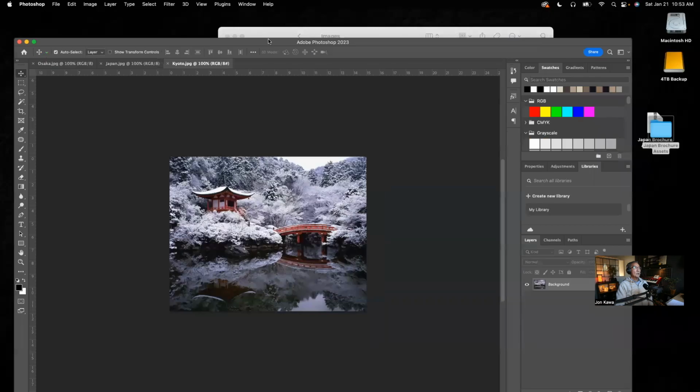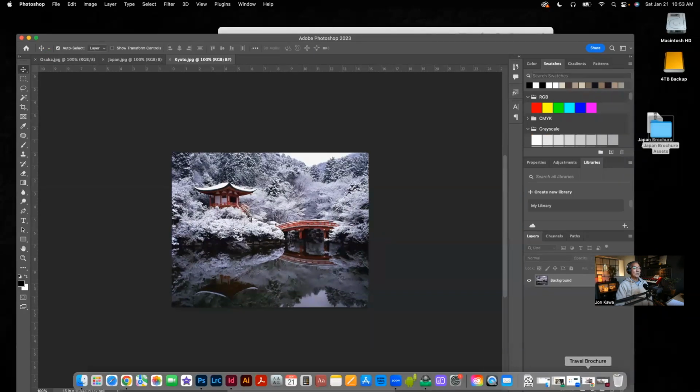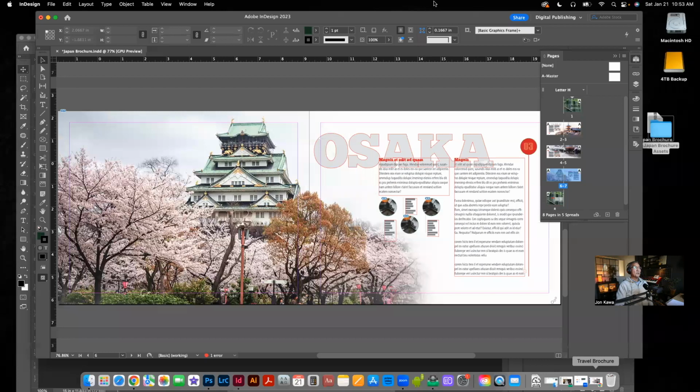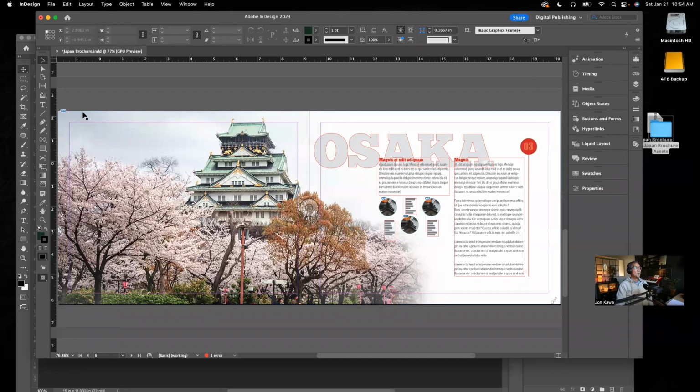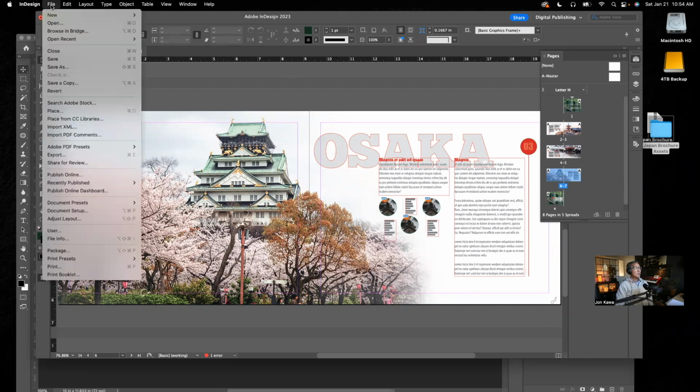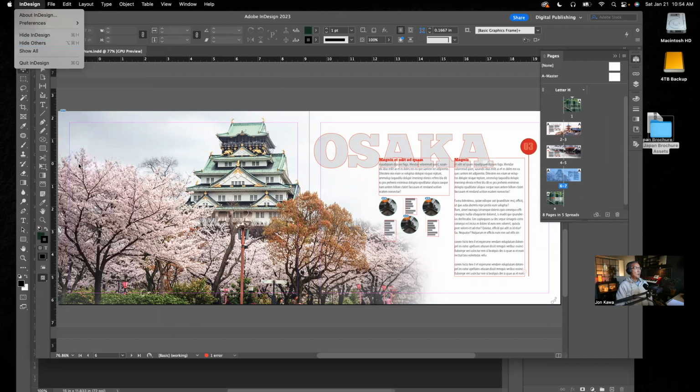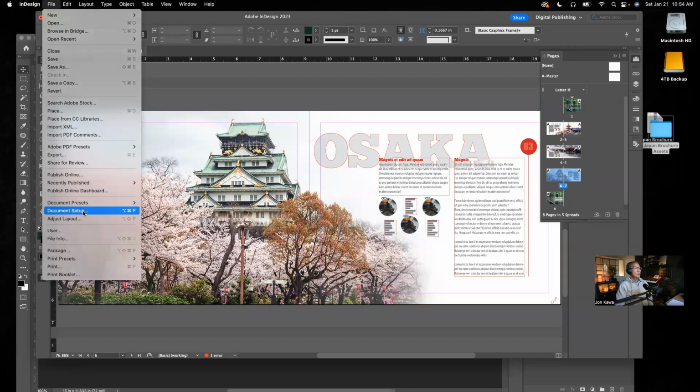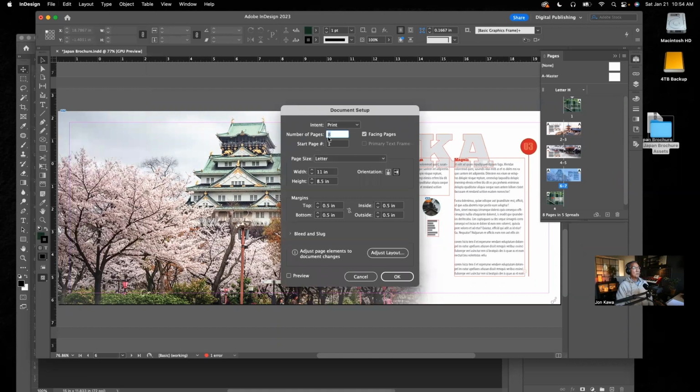Now, the first thing that we're going to do is we need to know what the page size is here in InDesign. See how this photo is going to cover basically 2 pages. And if I look at my page setup here, I can see that I have an 8-page document, 1 through 8, with facing pages. Now if I go to my document setup here, under File, Document Setup, you can see that the original document setup was an 8-page document,